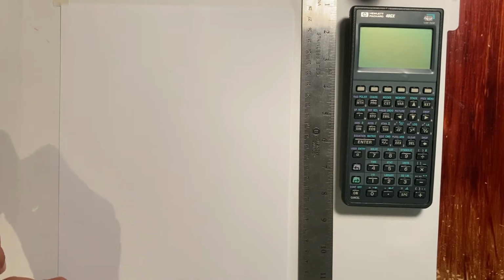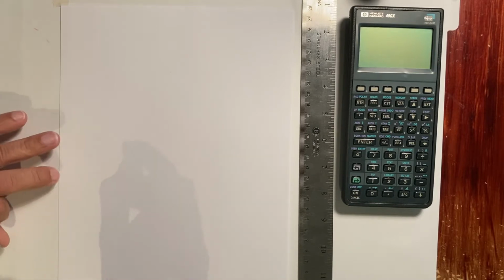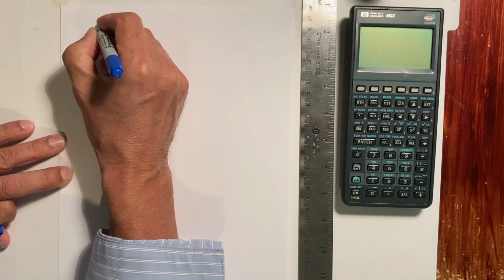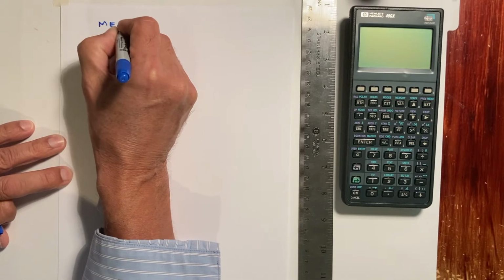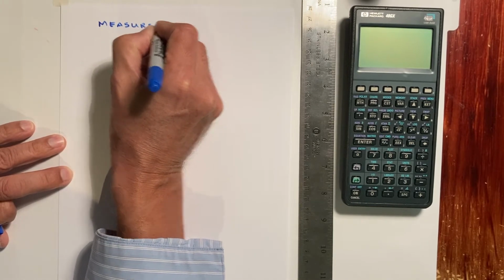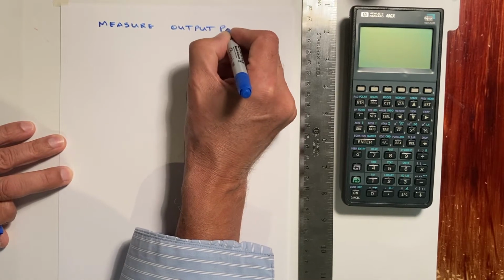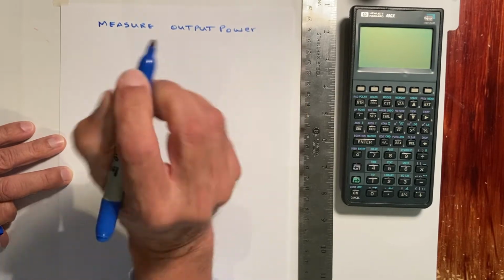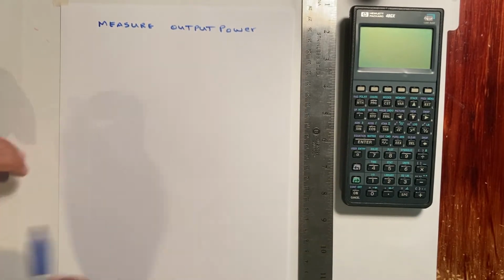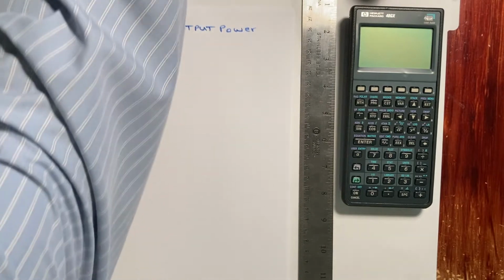So what we're going to do today is see how we can measure the output power of our transceiver, our Xiegu G90, using an oscilloscope and a dummy load. So the idea then is that we want to measure the output power of our transceiver. So for that, the way we're going to set this up is